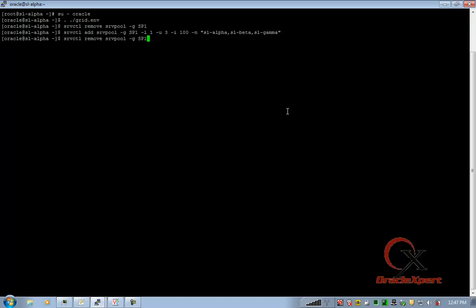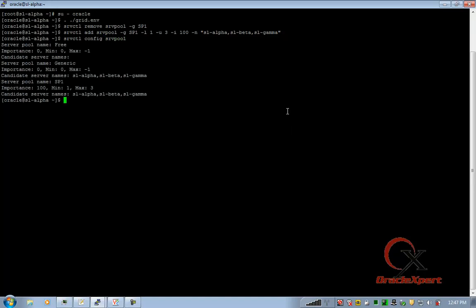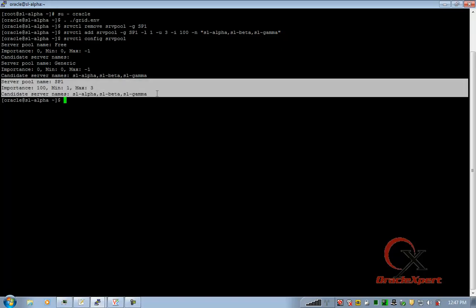I would check the status of my server pools. I could see there's a server pool SP1 now with a relative importance of 100, minimum 1 node, maximum 3, and I explicitly listed the names of the nodes which must be allocated to this pool.